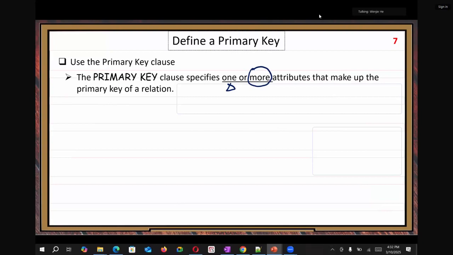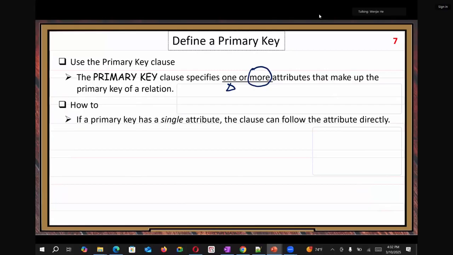Now, I need to focus on the single situation. For a single attribute, it's straightforward. If a primary key has a single attribute, the clause can follow the attribute directly, right after that attribute or field declaration. You just add a primary key clause. For example,